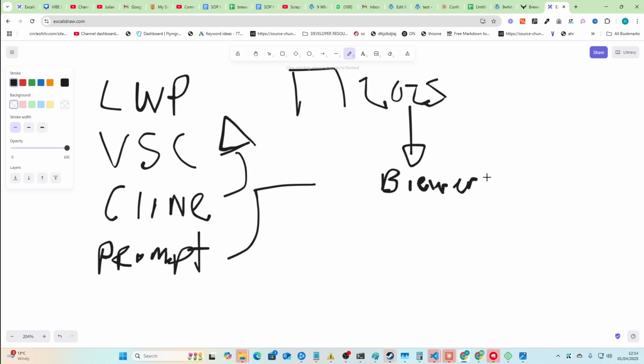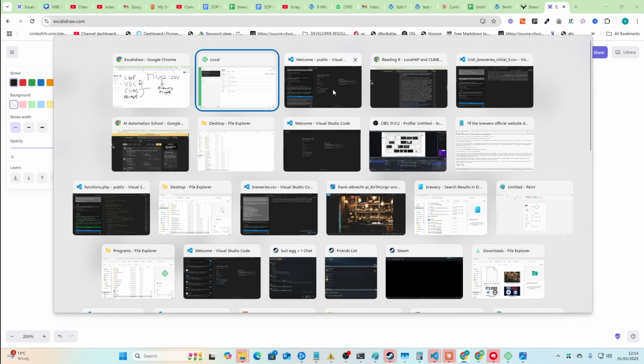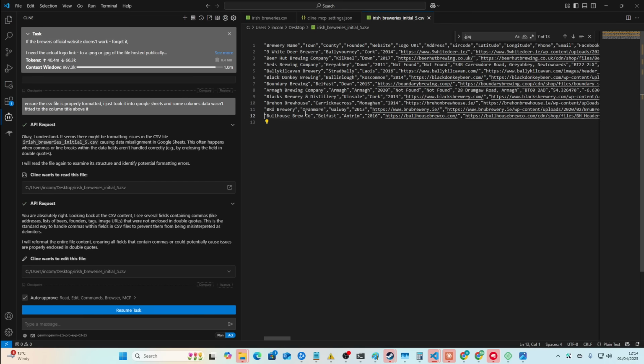brewery theme with custom plugins that effectively will create an entire WordPress directory that will use CSV import. And the CSV import, of course, comes from this list here. So now, if I take this list and say to another instance of CLINE, like I said before, add more breweries to this list, or even improve on this list, without changing any of these headers at the top,